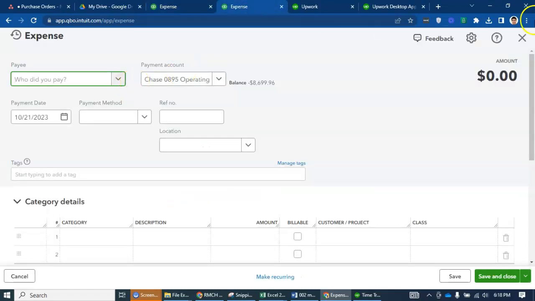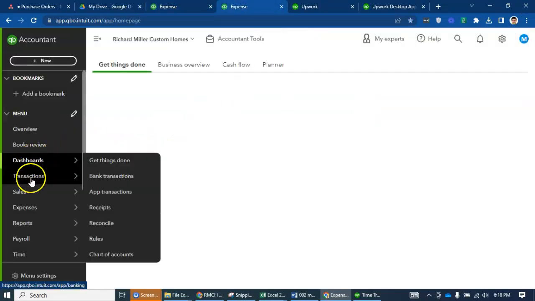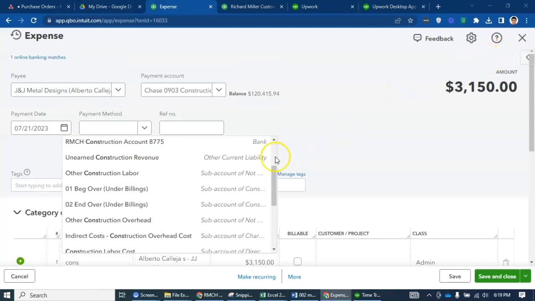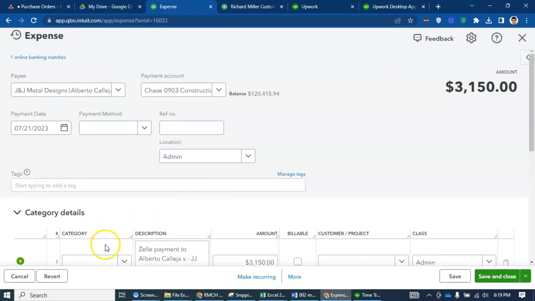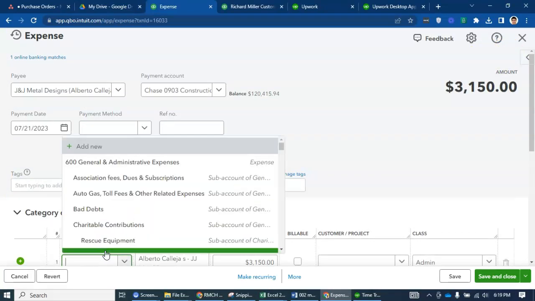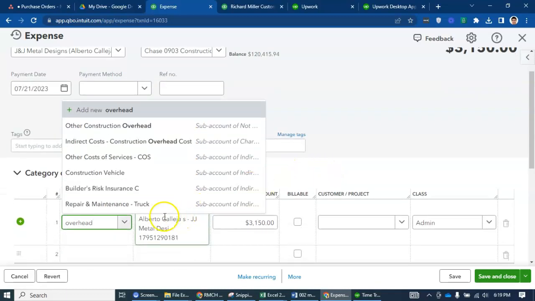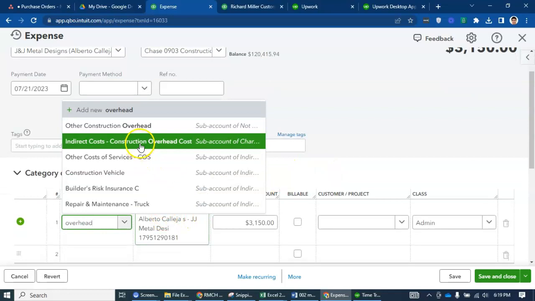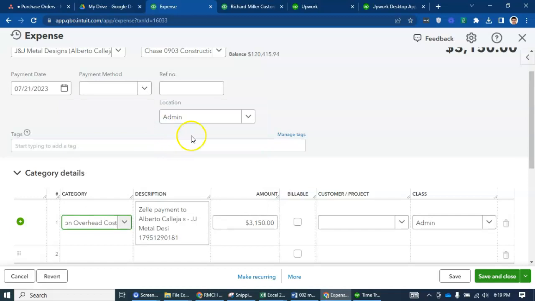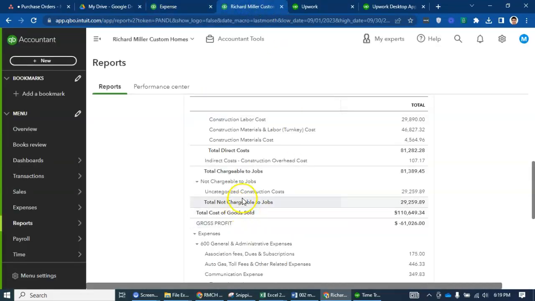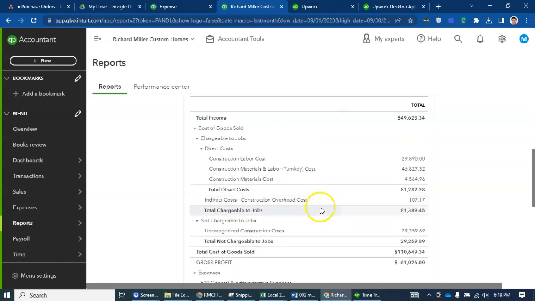So if you try to find it, we will account this one as construction overhead cost, direct cost, construction overhead. So this is not chargeable against the job.